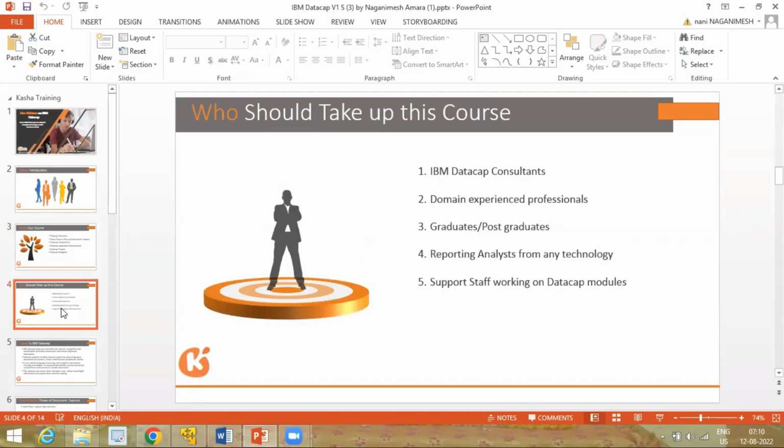Who should learn this course? Definitely IBM Datacap consultants, where they can improve their knowledge, and domain experienced professionals, where they can gain expertise in their own domains, graduates and postgraduates, anyone, and reporting analysts from any technology, because we have defined reporting services